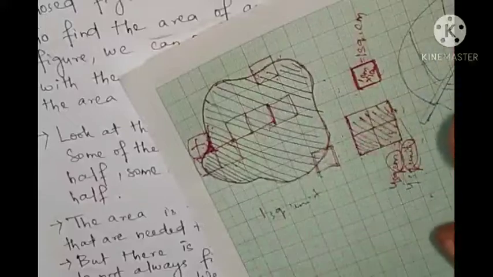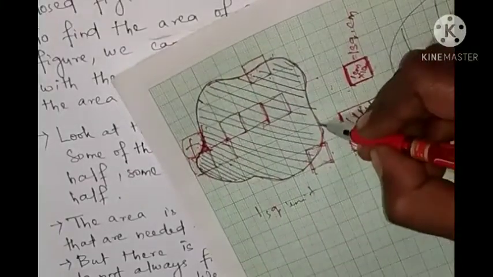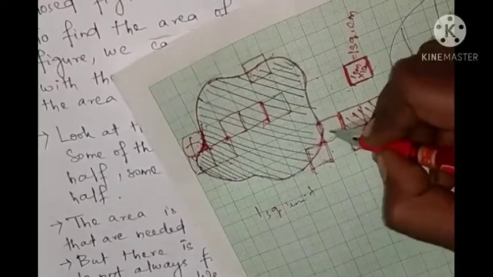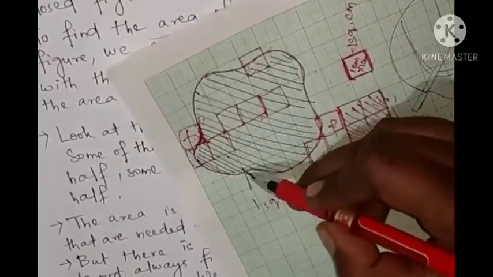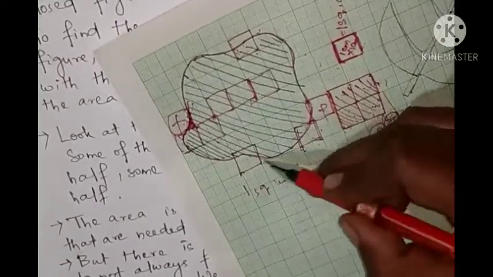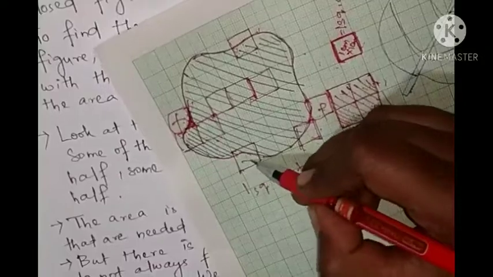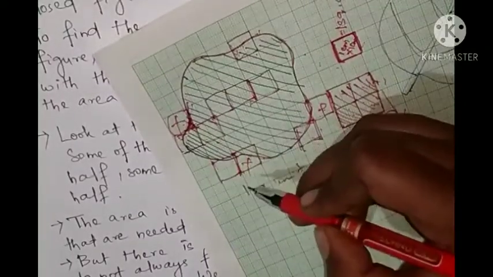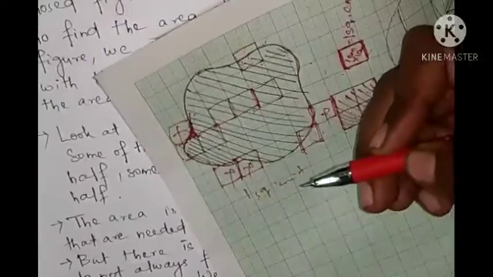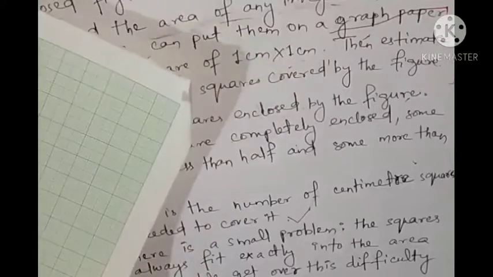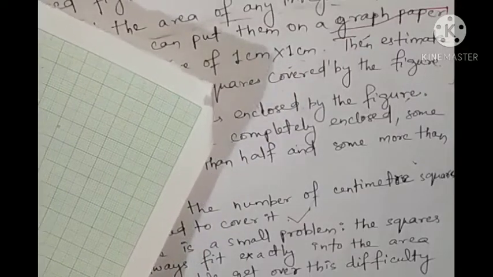Ignore it means cut, don't count it. Here we can see, look at here, in this square it is less than half, so ignore it. Look at about this square. Look at here, it is less than half, that's why ignore. Here also it is less than half, so that's why ignore. Okay, and if more than half of a square is in the region, just count it as one square.